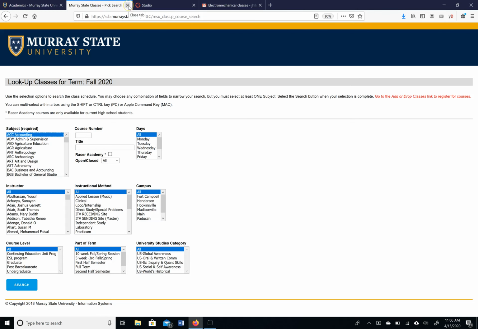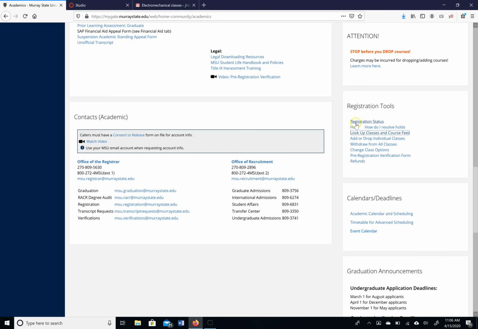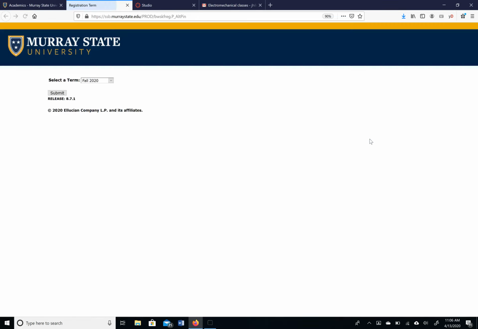And so that's the only purpose for that, so you can look up classes and figure out a schedule that you want to take. All right, if you want to register for those classes, you go to add or drop individual classes here. And when we select this, now I just went through this before, you will have a screen that pops up